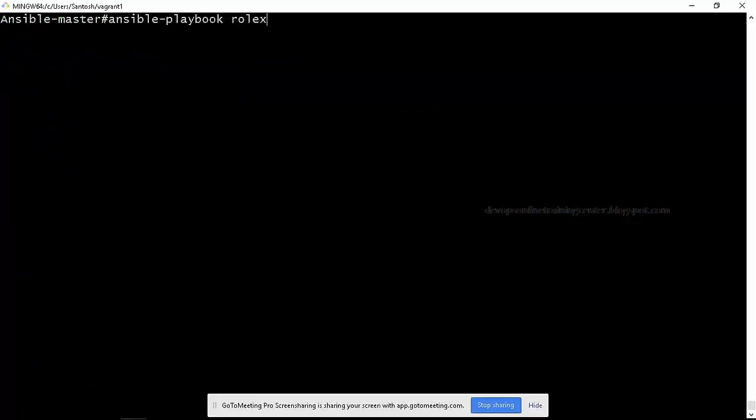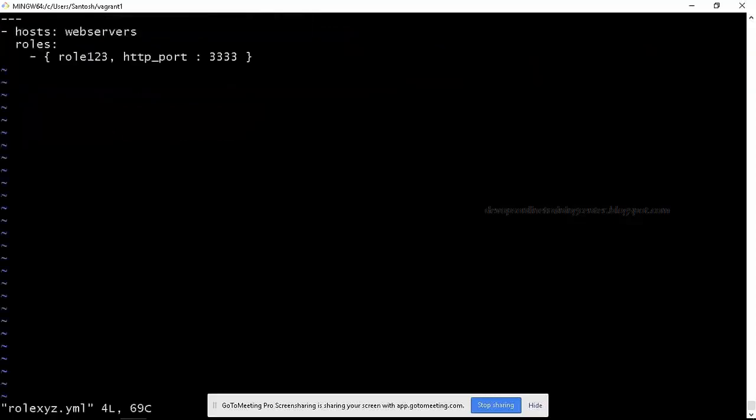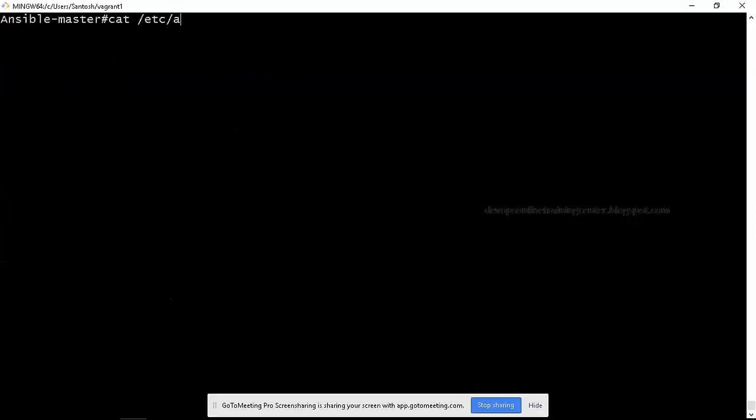Playbook role xyz.yaml. Okay, there is a syntax issue. Let's try to fix it. Roles, I think there is some syntax we need to follow. One minute.